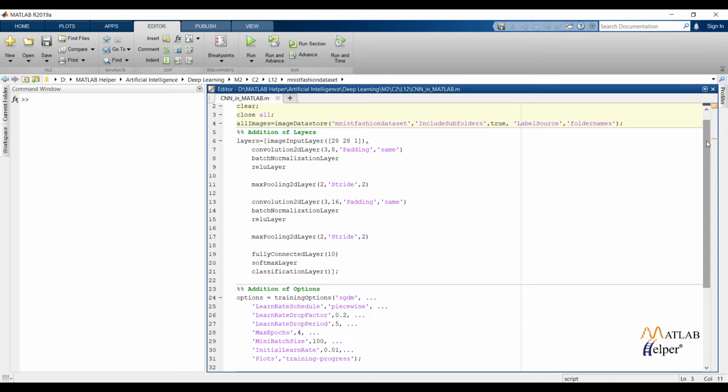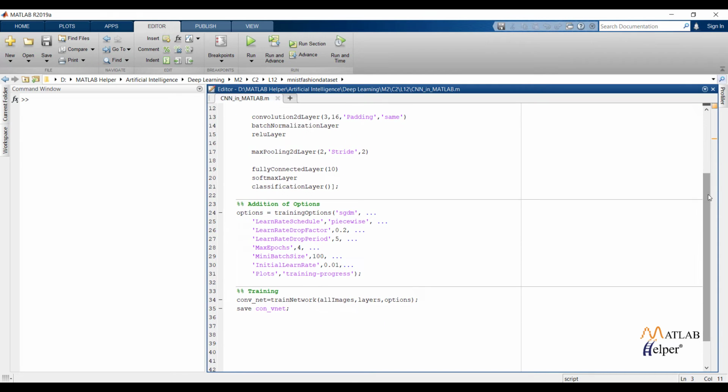Training options function will take various arguments. For this problem, we have used stochastic gradient descent with momentum. Different solvers work better for different problems. The adaptive moment estimation solver is often a good optimizer to try first. We can also try the root mean square propagation solver. The solvers update the parameters using a subset of the data in each step. We can specify the size of the mini batch by using the mini batch size argument.